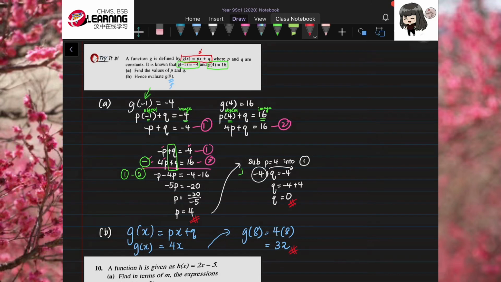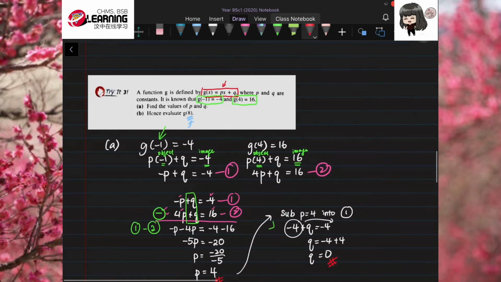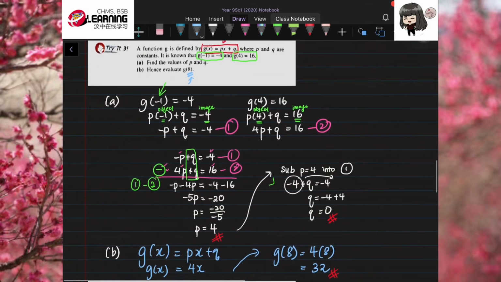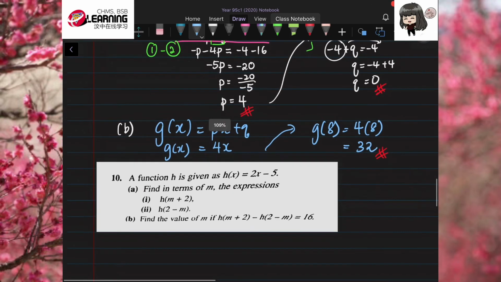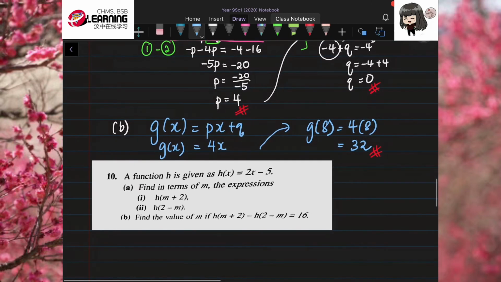Okay, we have done our Try 3. This Try 3 is on page 71. Okay, we go to the last question which I want to discuss with you today, before we end our lesson 7. We go to question number 10. This question number 10 comes from page